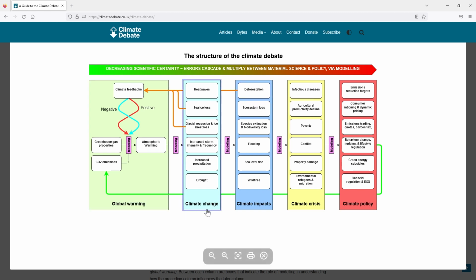Our intention here is to steelman the argument as opposed to straw man the debate. We're not trying to debunk anything as such here. What we're trying to do is demonstrate that there is a logical progression between global warming science as such and climate policy, and that we can take issue at any point in that progression and make up our own minds about how strong the evidence is and how good the science is.